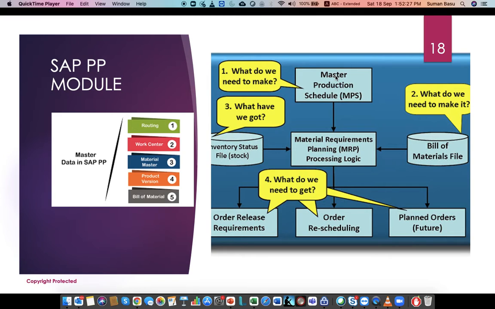Therefore, material requirement planning is very critical, and SAP has many dedicated material requirement planning software. There is an additional module which we are not covering now, but later you will come to know, called Advanced Production Operation or APO. There is another module called Plan Production and Delivery Schedule, PPDS, and there is something called Supply Chain Planning, SNP. These additional modules help the production person plan exactly and mitigate the risk of not having material when it is absolutely required.